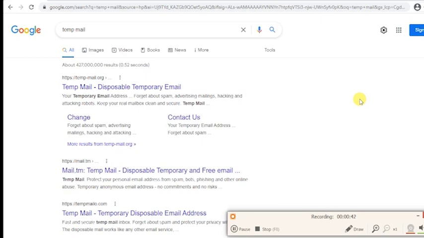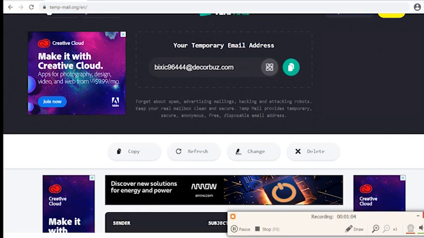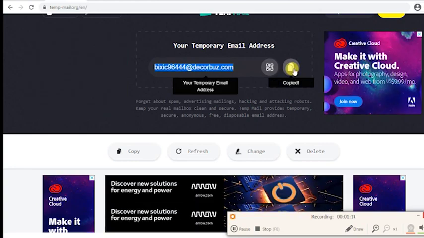So this is tempmail.org. You can get a temporary email address. From here you can see big696444 at decorsburgs.com. This is the temporary email address that I got. I can copy it and paste it wherever I want to register, and the email will come to this email box.